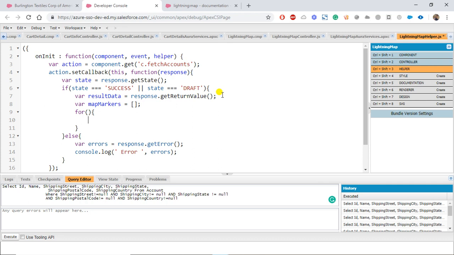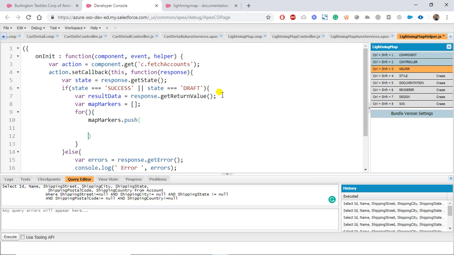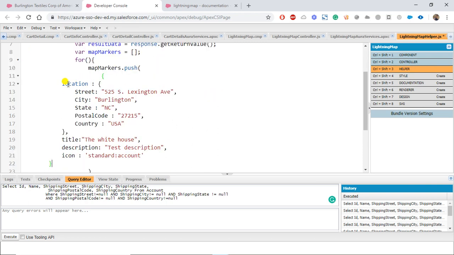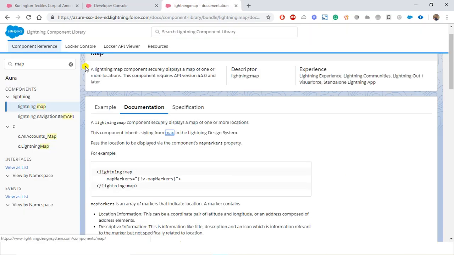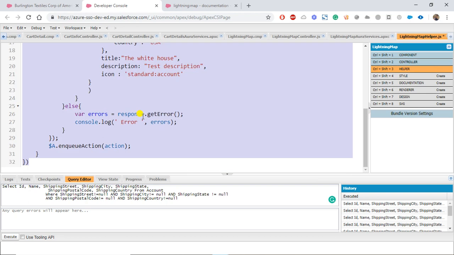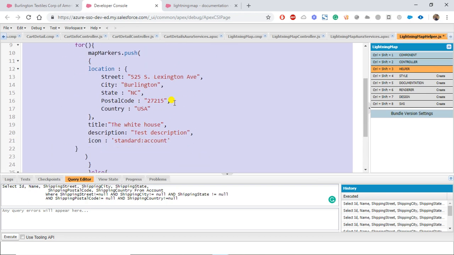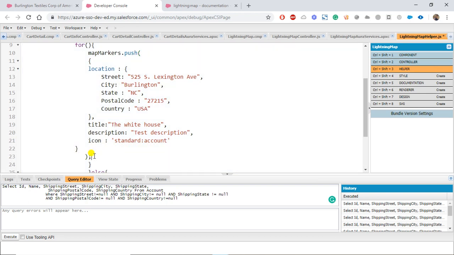Inside that we are going to use mapMarkers.push, and inside that push we are going to use the complete object. Oops, here Control A, Shift Tab, there is something wrong. Okay,